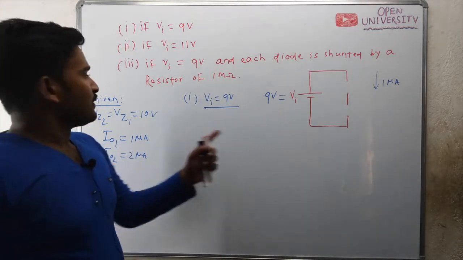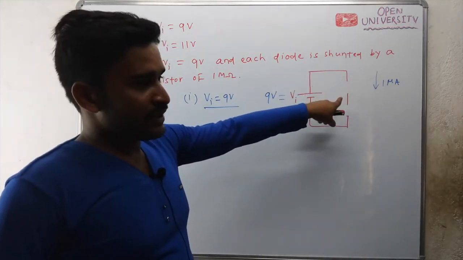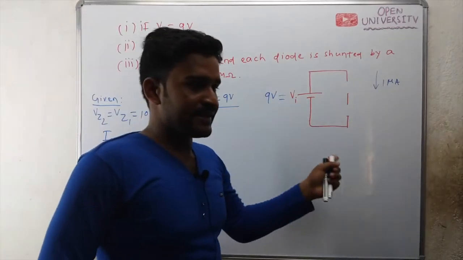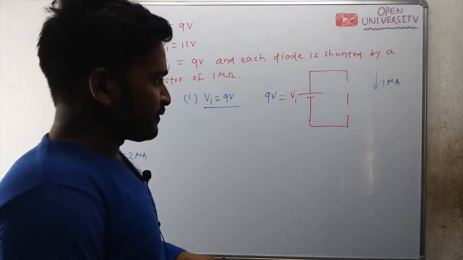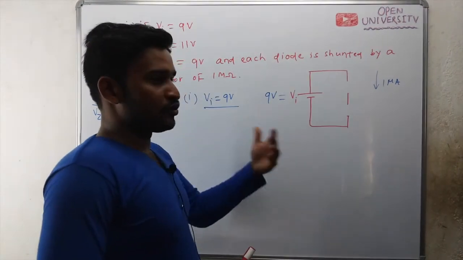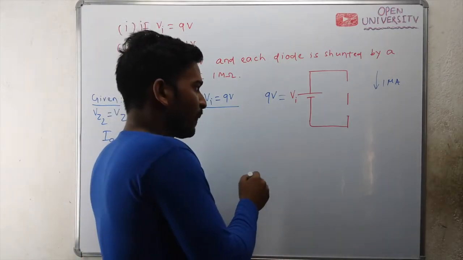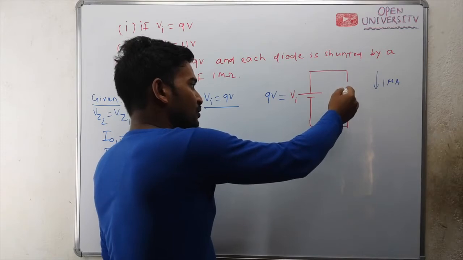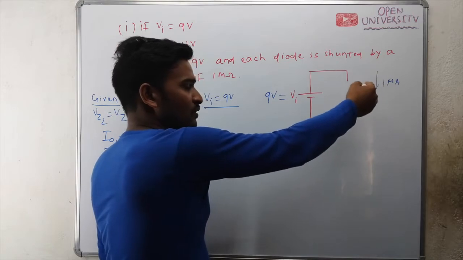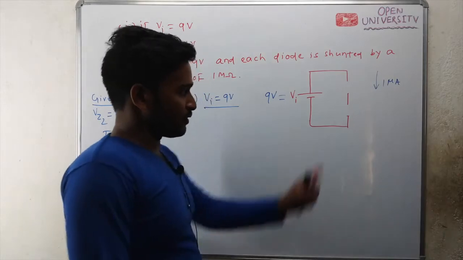you see that each diode has a breakdown voltage of 10 volt. To check whether each diode will be in breakdown or not, you find out the voltage across each diode. If the voltage across a diode is greater than the breakdown voltage, then the diode will be considered a constant voltage source. Now the input voltage is 9 volt, but each diode has a breakdown voltage of 10 volt. That means only if the voltage across each diode is greater than or equal to 10 volt will they be considered as a constant voltage source.